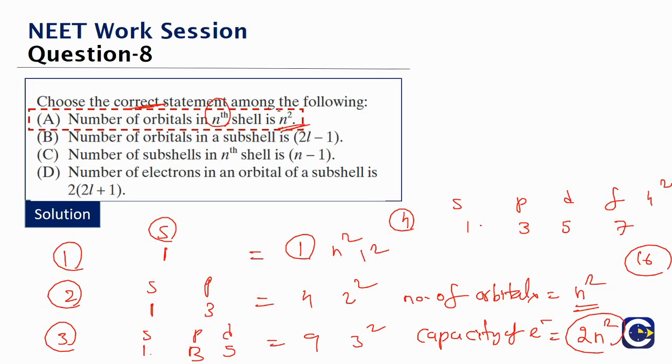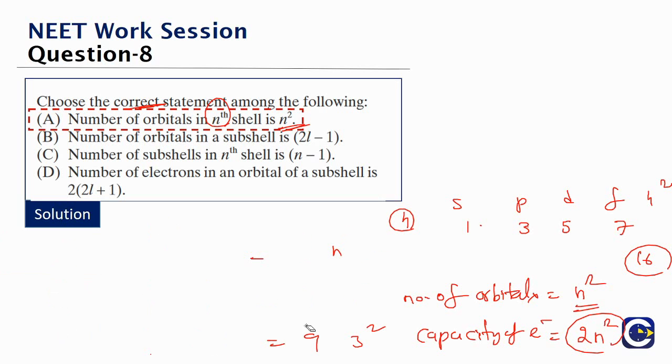What is the answer? The number of orbitals in the nth shell will be equal to n square. So these formulae we'll call empirical formulae. They basically satisfy the relations we see,